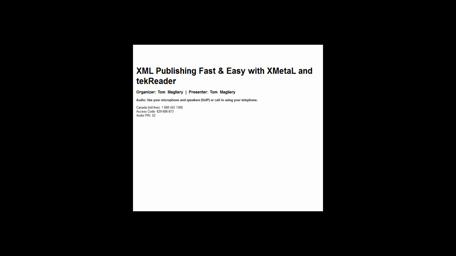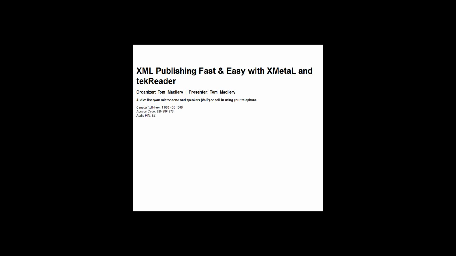And with that, I'd like to turn this over to David Cools from Igloo Technologies, who will be our MC for today's session. Thanks, Tom. This is David Cools, and I work for Igloo Technologies, the company responsible for tekReader. Delivering the demonstrations today are Tom, who you've just heard from Just Systems, and Don Stoley, Igloo Technologies COO and